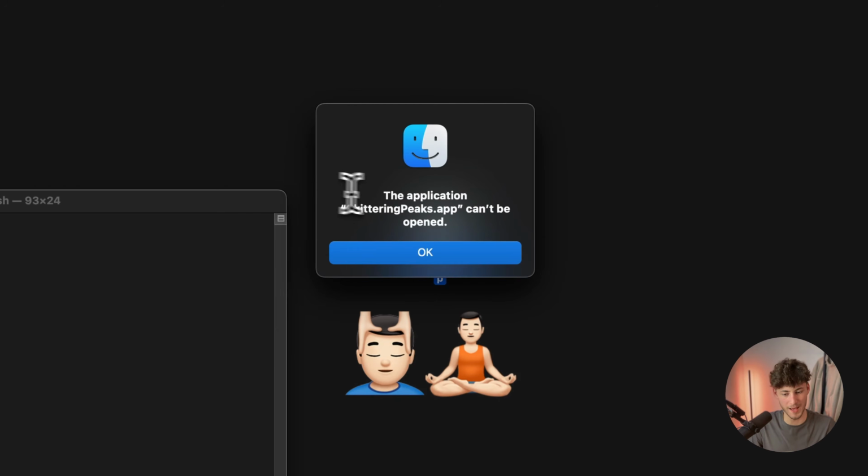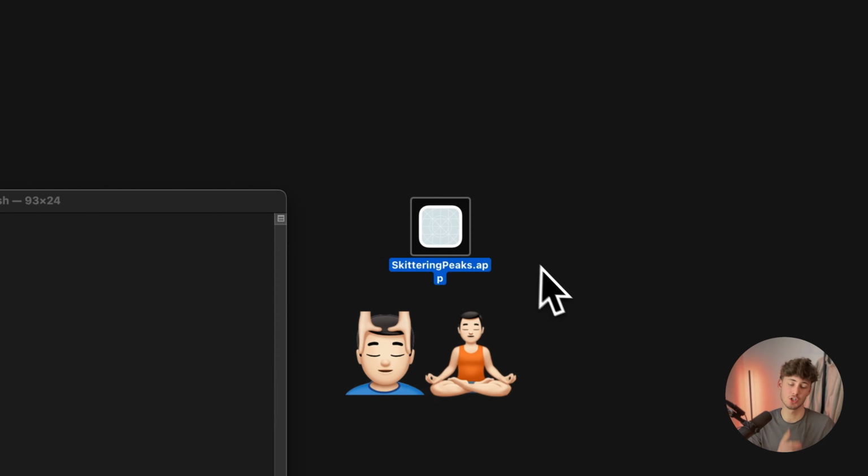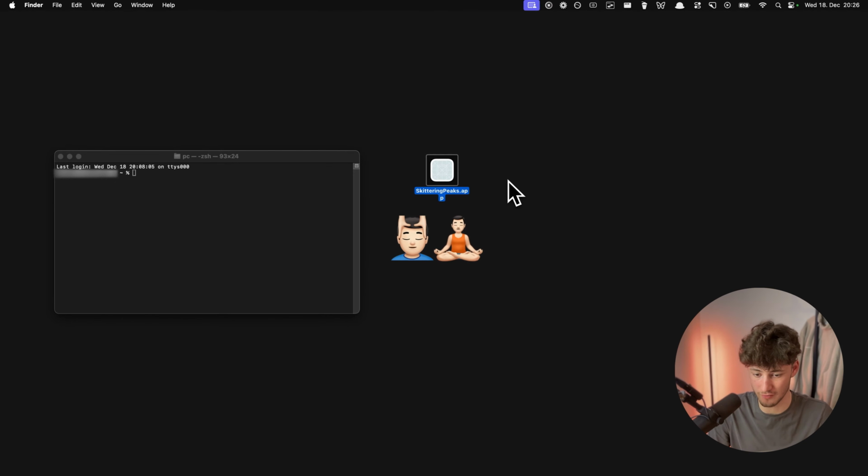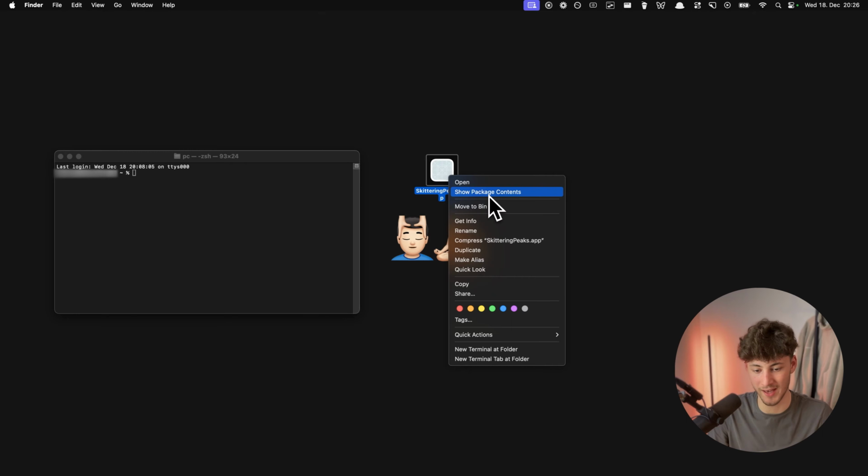Do you want to open an application on Mac but get this pop-up when trying to do so? Well, let me show you how to fix exactly that. First off, we will basically have to click on Show Package Content because we will have to redefine a certain